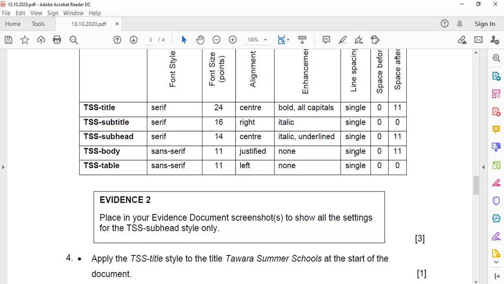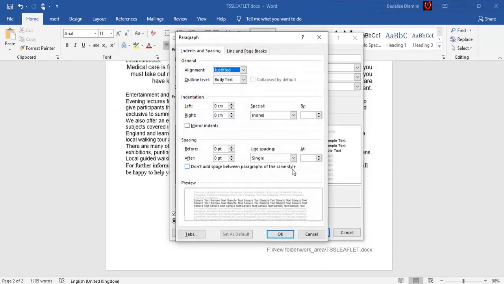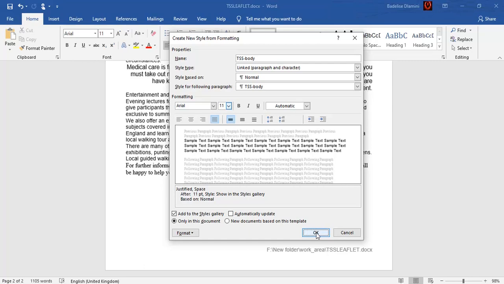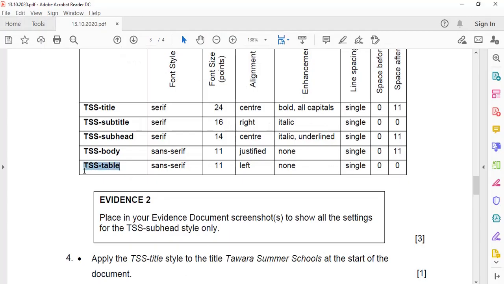No enhancement, single line spacing, 0 before, 11 after. So no enhancement here, single line spacing, 0 before, 11 after. Okay, I'll just click OK, and then we move on to the next one, which is the last one, TSS